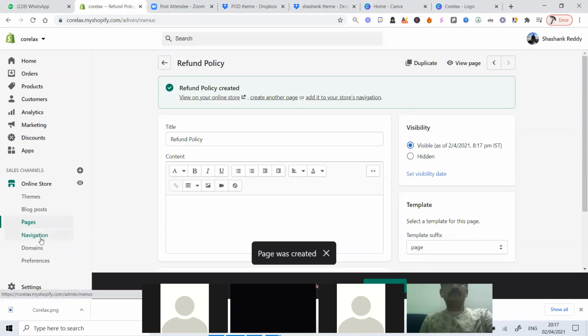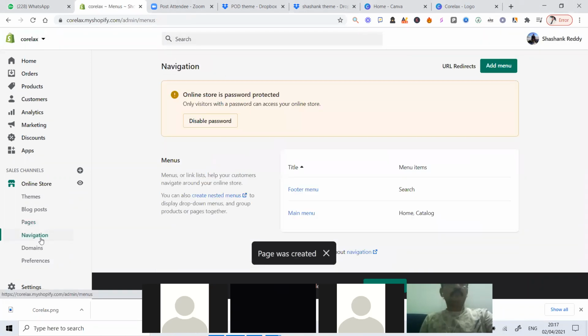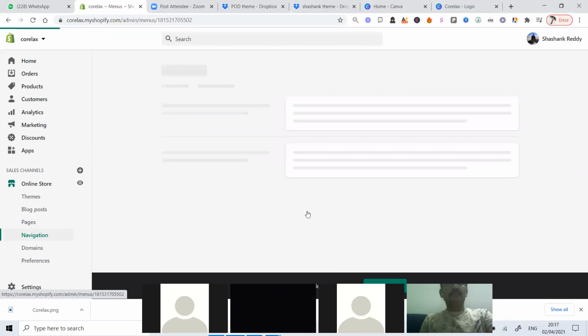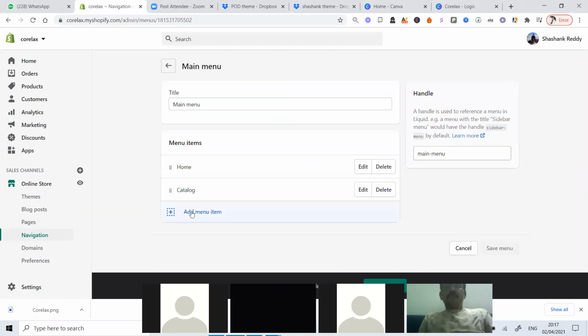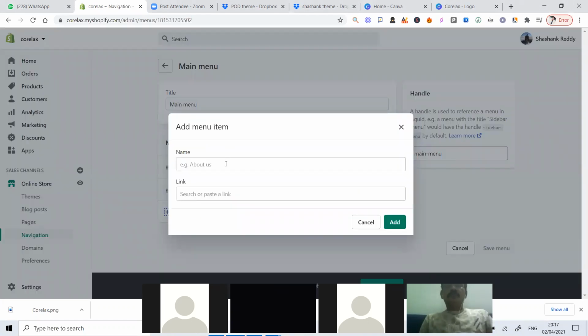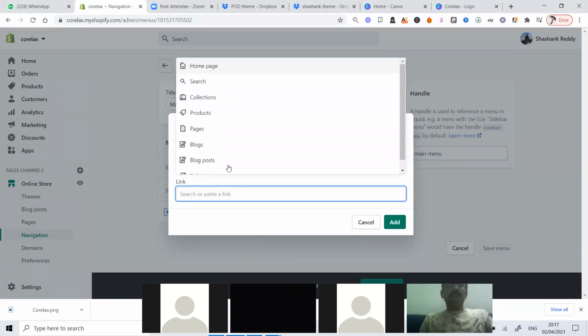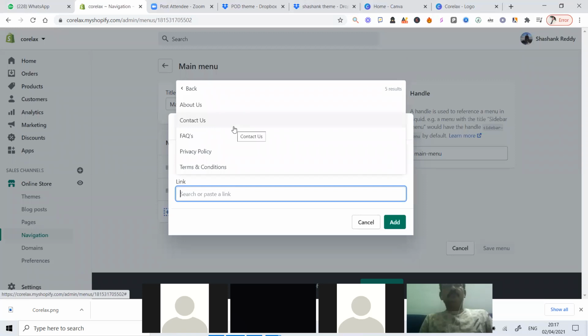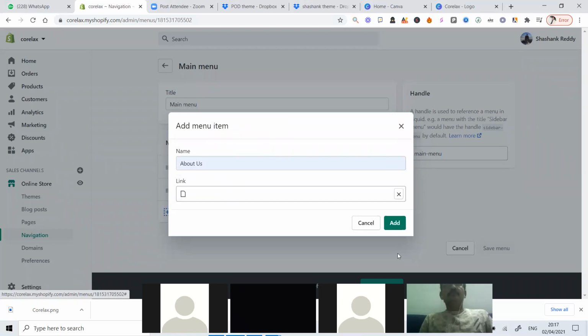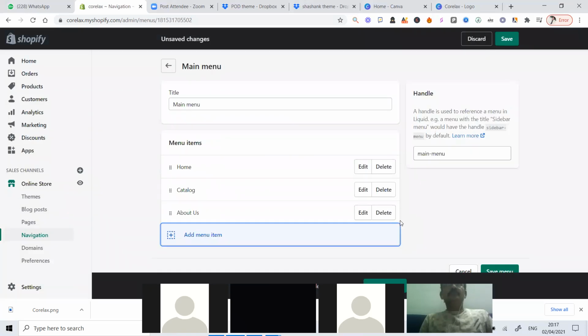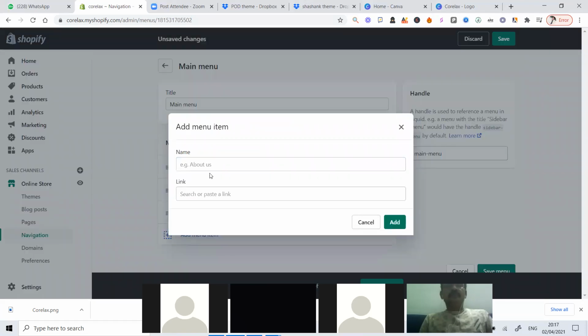So after that, just go to navigation. So onto the top, we'll have about us, FAQs, and contact us. So main menu, you already have home and catalog. Okay, add menu item. You have about us, link it to a page. It's a page, right? So click on page, about us, and just say add. Next is add menu item.